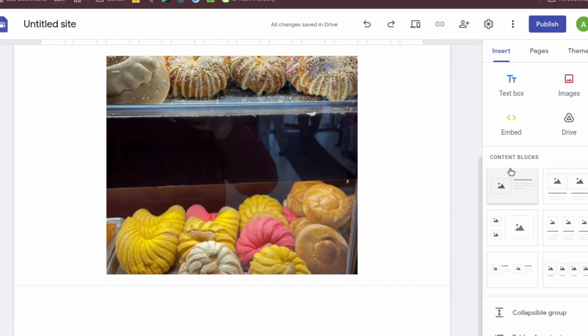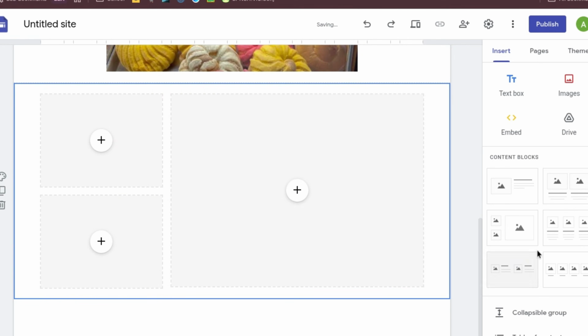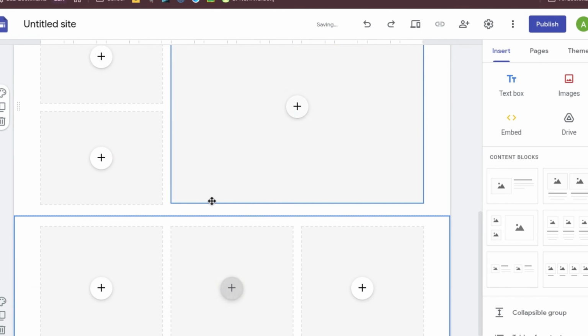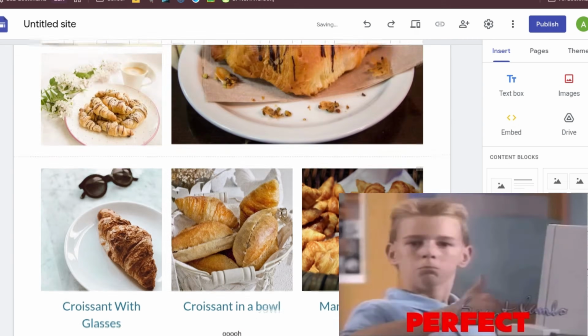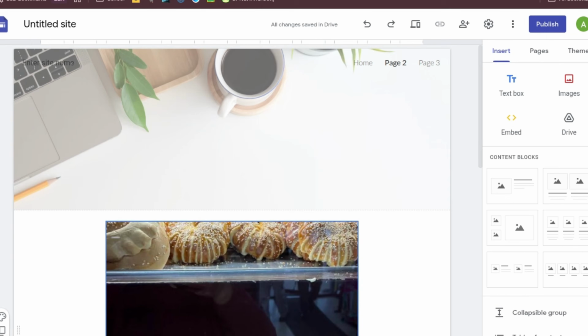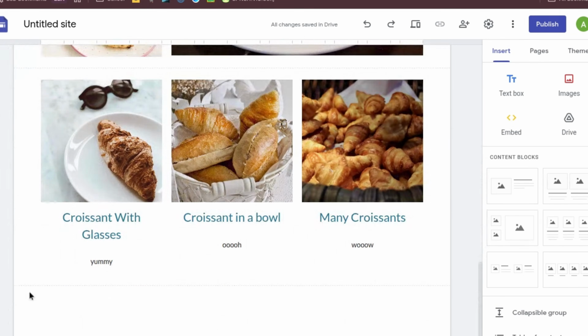If you want to take it a step further, you can look at the right side of your screen and you can see the images options. You can press those, upload however many images you want, and also you have the ability to add captions underneath. Once you're done and once you feel happy with it, we can move on to the next step, which is